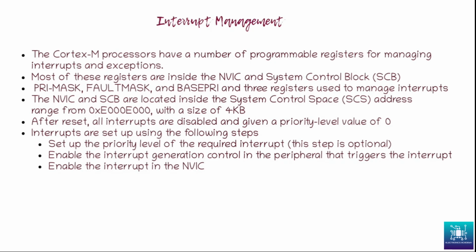The NVIC and SCB, that is the nested vectored interrupt controller and the system control block, are located inside the system control space address range, that is 0xE000E000, and the SCS address space is of size 4 kilobytes. Now, after reset, all interrupts are disabled and given a priority level value of 0. So after every reset, we will need to configure the interrupts all over again,